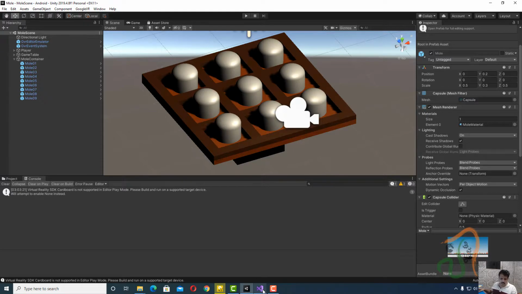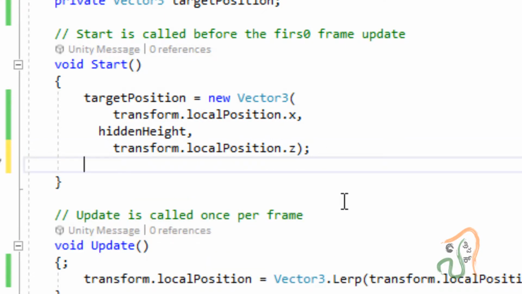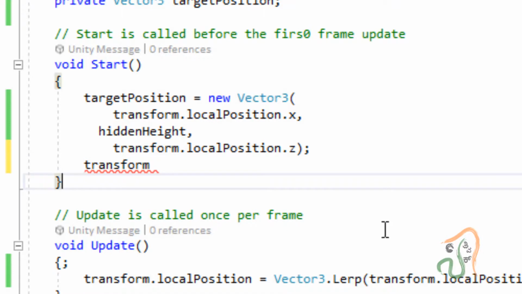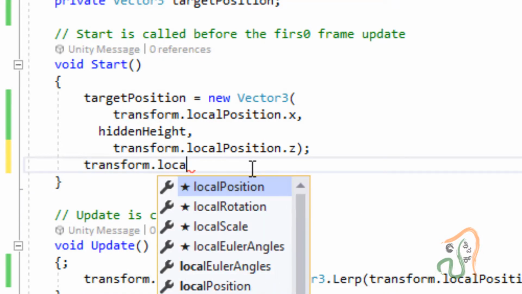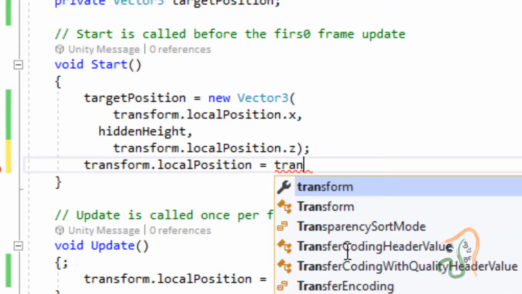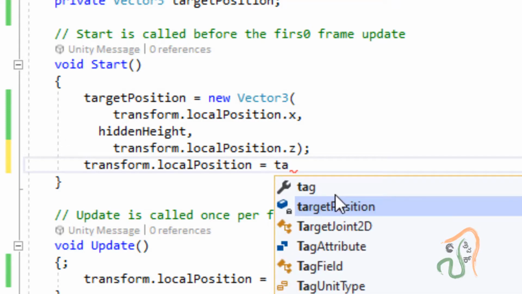So to do it, now come back to Unity, and after this target position line here, press enter, and in the next line add one line here: transform dot local position, that is the current position of this mole, should be equal to target position, whatever we had declared here, this target position variable.